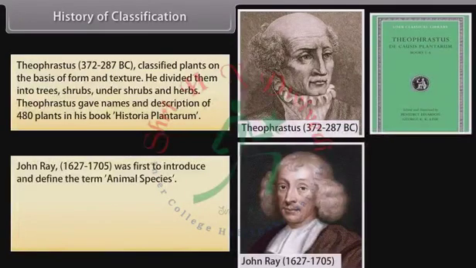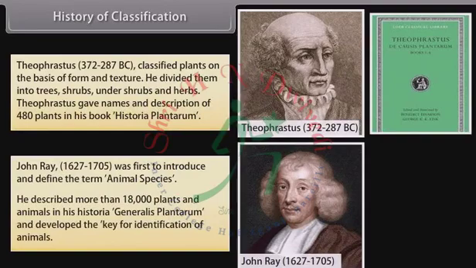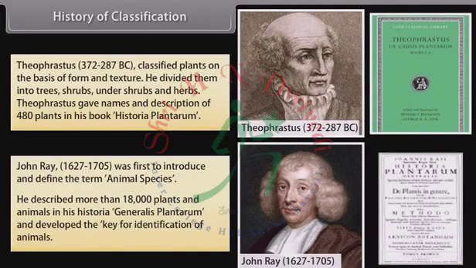John Ray, 1627-1705, was first to introduce and define the term animal species. He described more than 18,000 plants and animals in his Historia Generalis Plantarum and developed the key for identification of